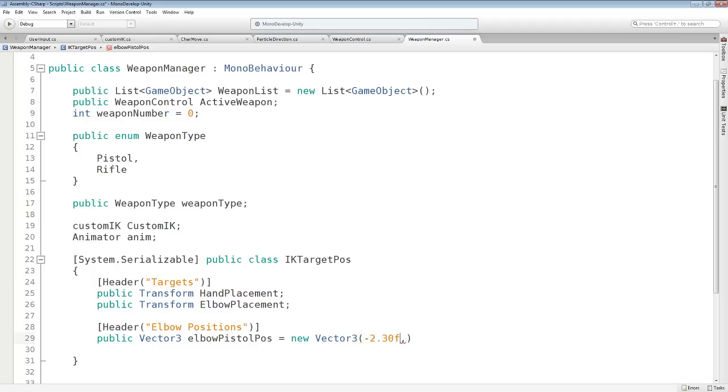If you want to write along, if you're using the same models, the X of the elbow pistol position is minus 2.30 F, 0.9 F, 2.78 F. The way you will simply do that, you will find these positions, just simply hit play, position it